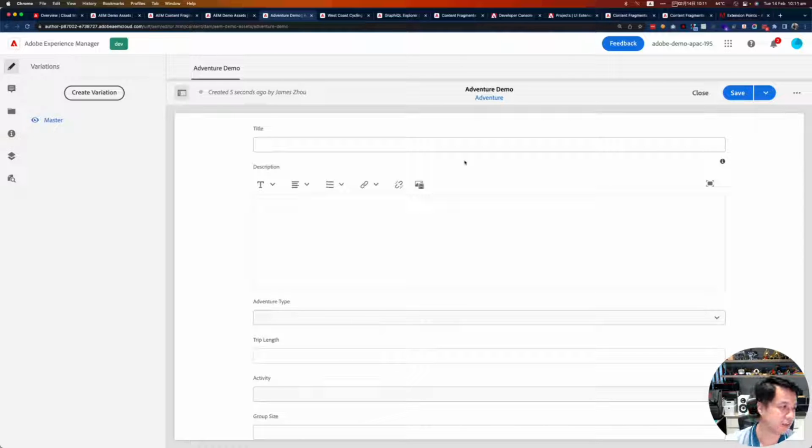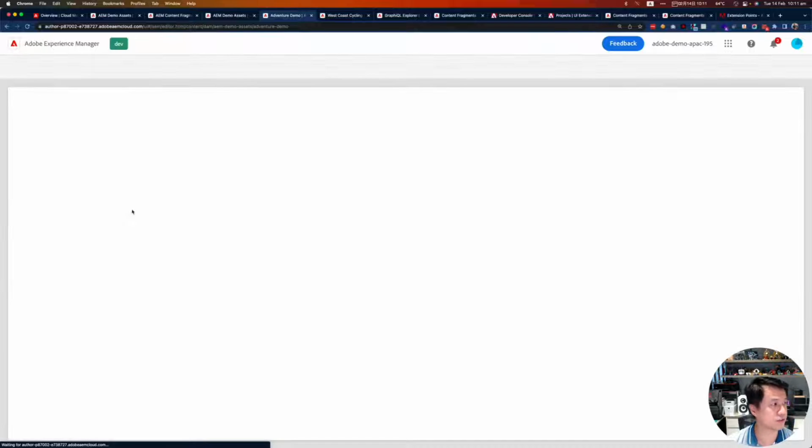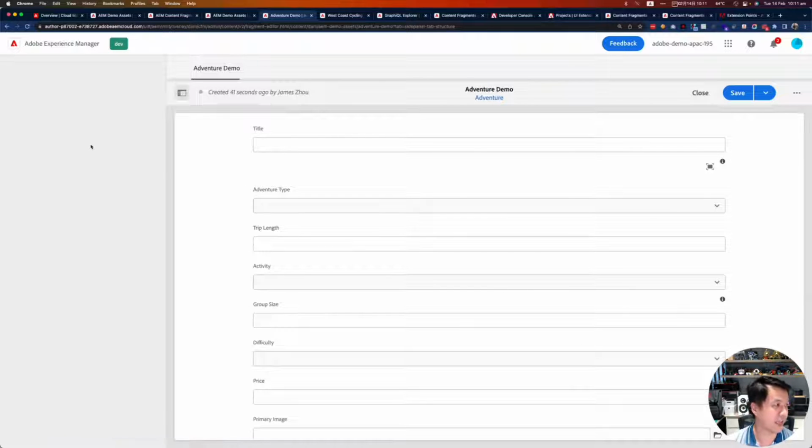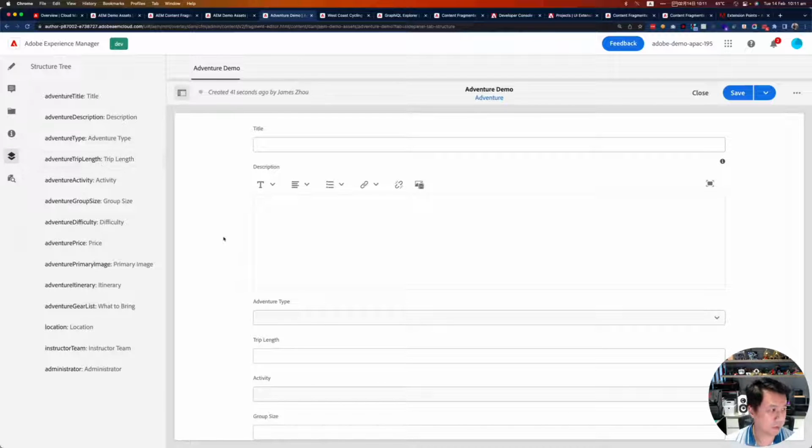The first thing you can do is now you've got a link directly to your model. If you want to make changes, you want to see what the model defined, that's the way to go. We've also provided what we call the structured tree, because now we notice sometimes you will have a very complicated content fragment model, and that allows you to quickly navigate in between the different types or different fields.